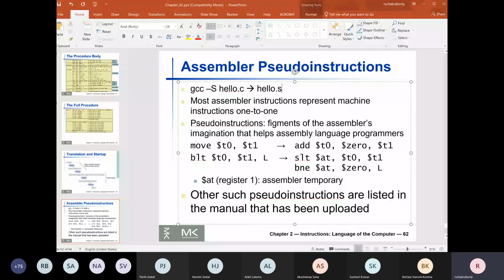This .s file is a text file which you can open, and of course it still has some segments, etc. But of course, just as an interesting example.